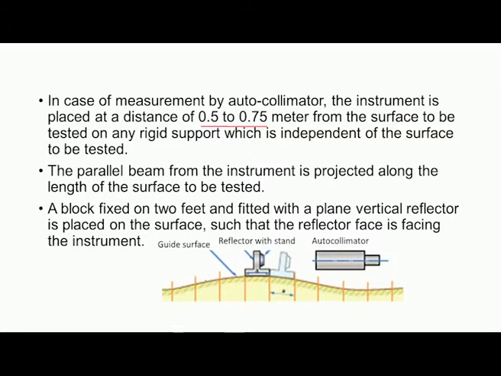Now, you can see here, this is the guide surface whose straightness is to be checked, and we have marked different positions here. We should keep the reflector with the stand on the guide surface at different locations, and then take the readings through the eyepiece.